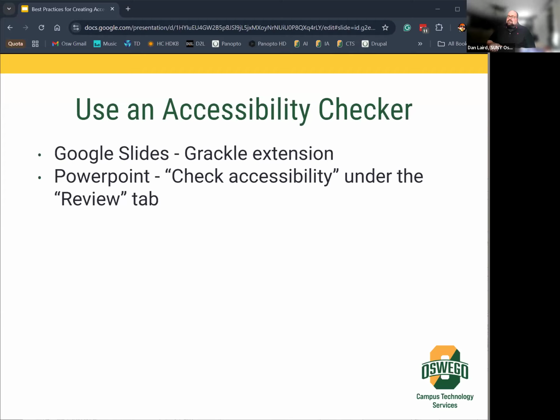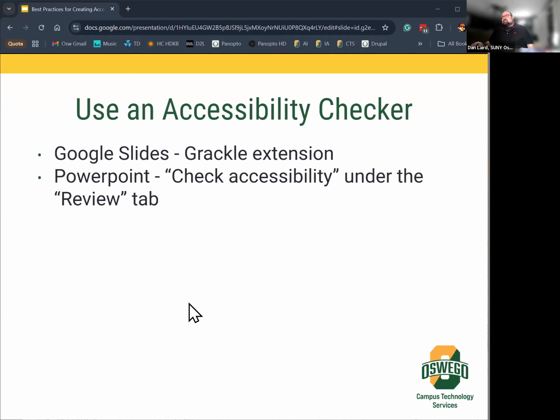You can go into the help menu, I believe, and there's the extensions, and you can load Grackle through that. I think you have to give it permission to look at your files in order to be able to do the check, and then you can run it and it will tell you everything that needs to be looked at, and usually will give you suggestions on how to fix it.